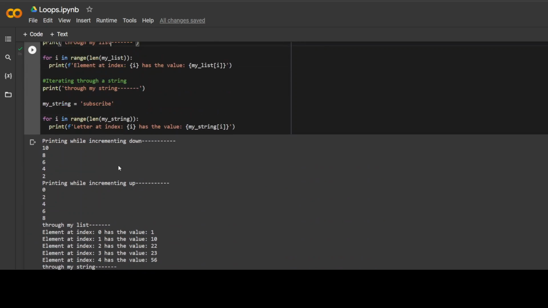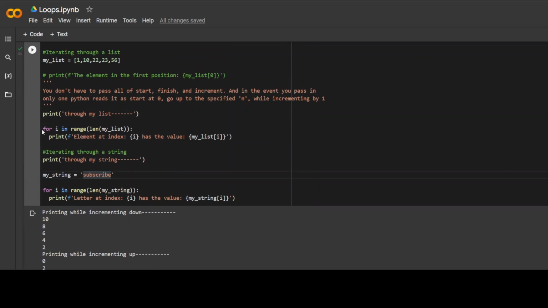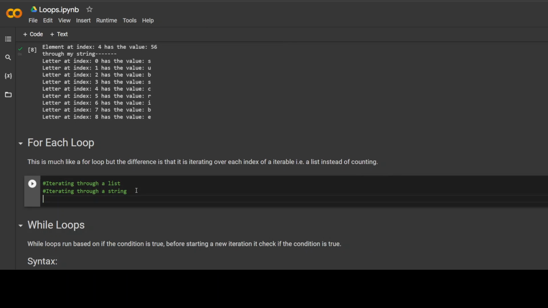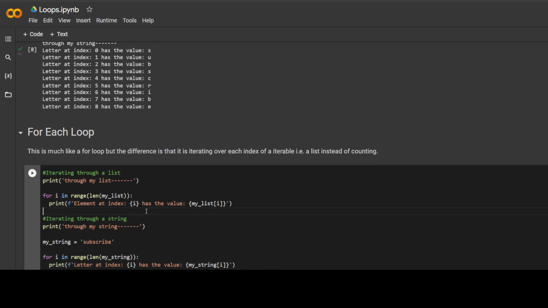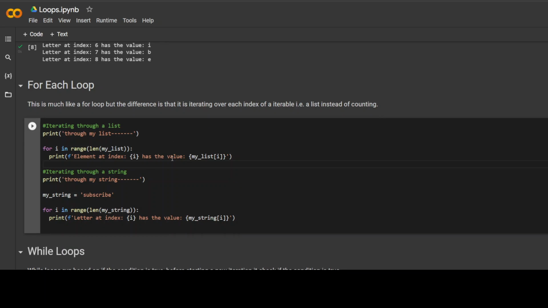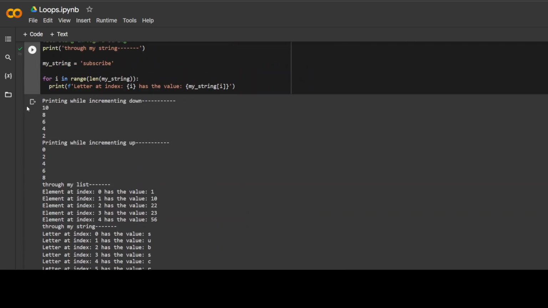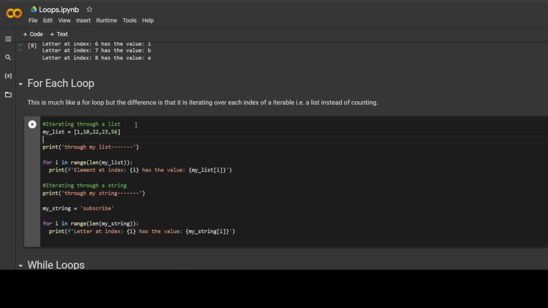So we can do the same thing here. So let's just copy this section of the code again. Basically, what you can do in Python is instead of making i a number, you can also make i an element in a list. So I didn't copy the list itself. But what you can do is basically say for i in, and just delete all of this. And instead of i making a number, instead of counting it,